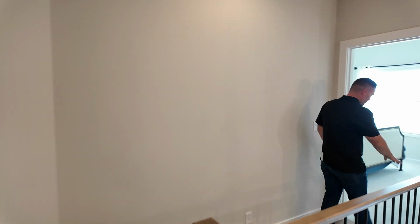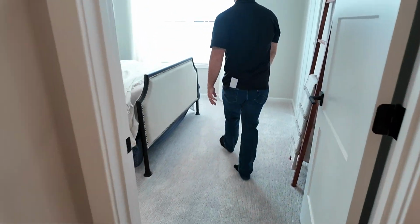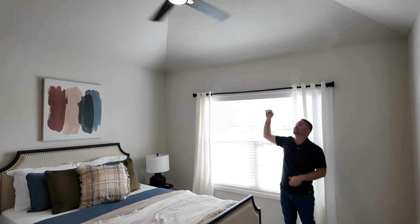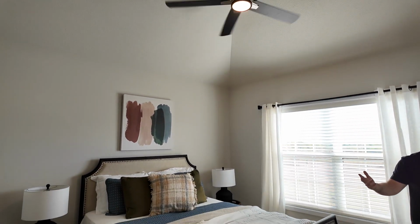Man, they carried the higher end carpet into this room, Nick. That's a really nice touch. If you build a home, this is the stuff you want to probably do. It doesn't cost that much more, but it makes the whole house feel a little bit higher end. So you've got kind of a hipped vaulted ceiling in here, ceiling fan. Now this is like bedroom number